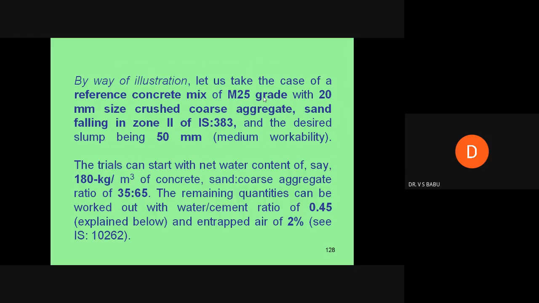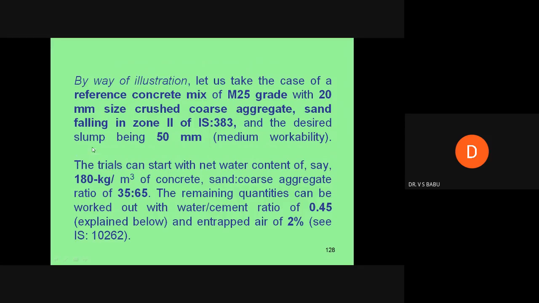Today, do you have the research methodology class? Hello? Do you have the research methodology class? Yes, sir. Can I stop at this stage, slide 138? Okay, because 5 is going on.